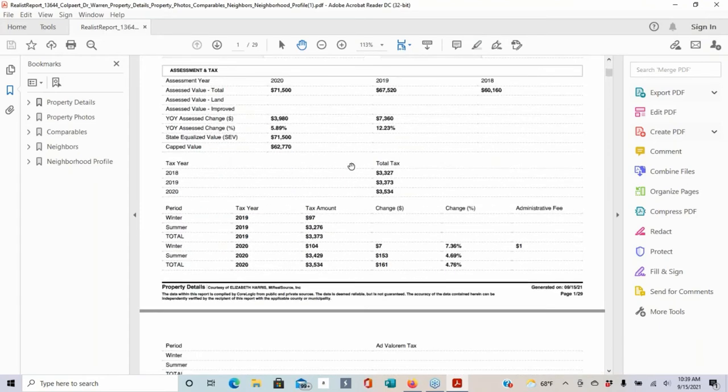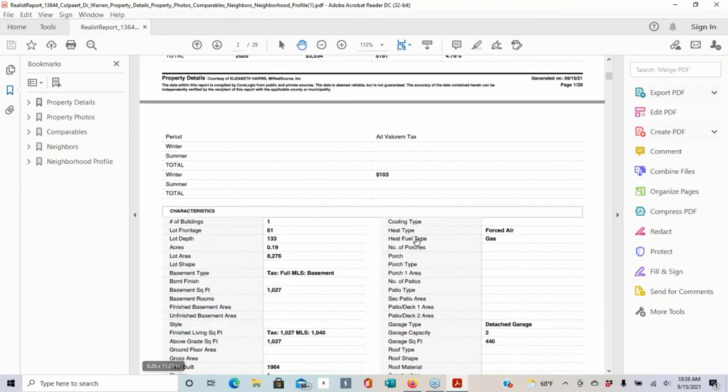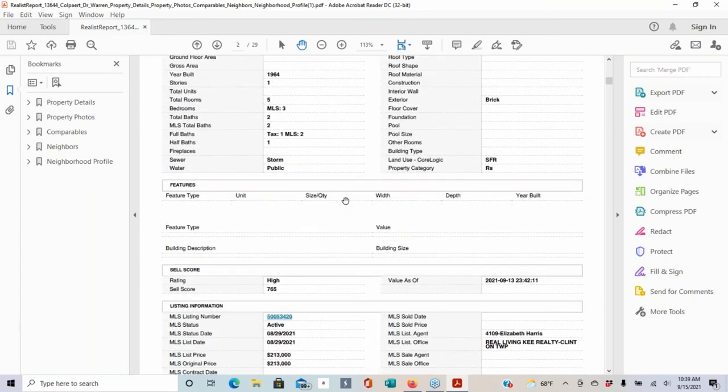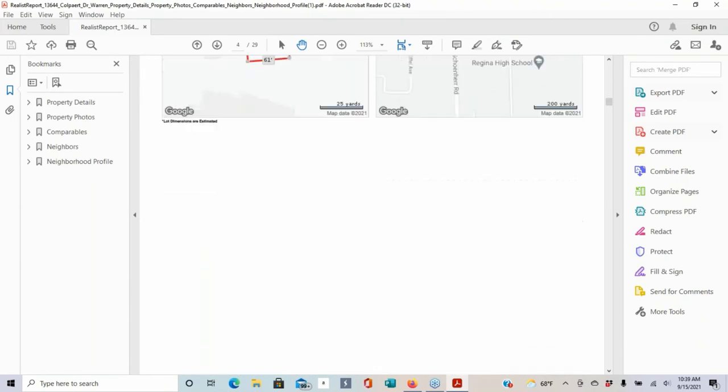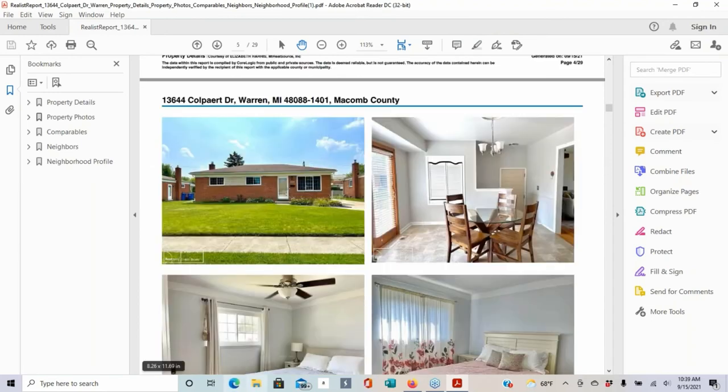So they're going to see the tax records, they'll see the market sales, they'll see the mortgage information. Again, if you don't want to include this, just uncheck it before you print it and create the PDF, or before you email it. And as you go through this, then you're going to get into the actual comparables, the